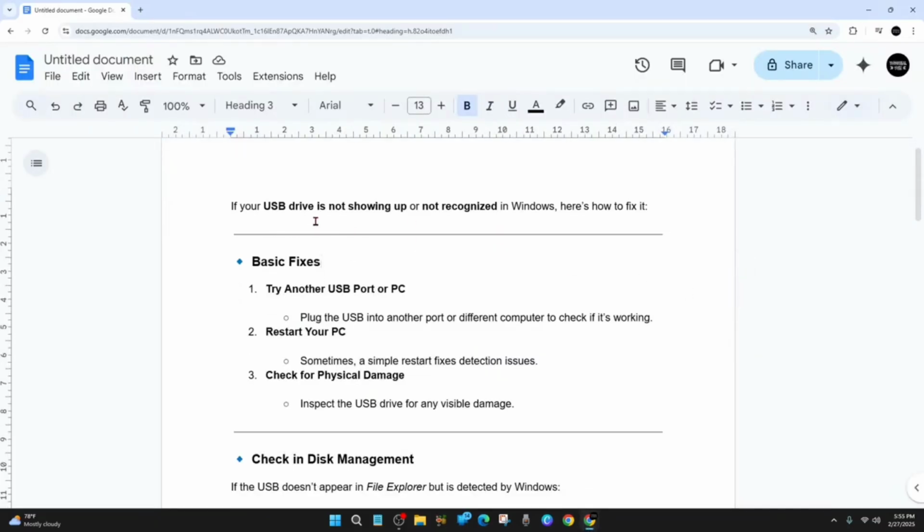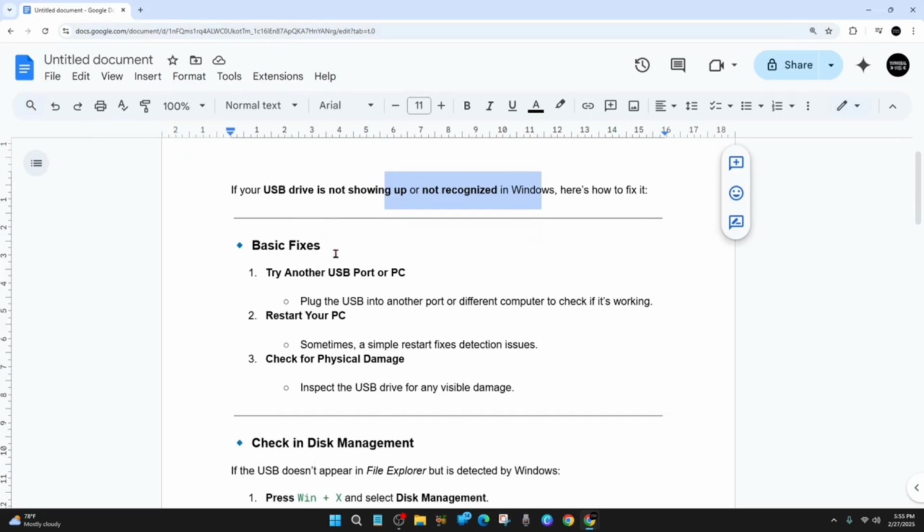Alright, so if your USB drive is not showing up or not recognized, here's a few ways how to fix it. So you got some basic fixes here. Try another USB port or PC. Plug the USB into another port or different computer to check if it's working. Restart your PC. Sometimes a simple restart fixes detection issues. And then third, check for physical damage. Inspect the USB drive for any visible damage that might be interfering why your USB is not showing